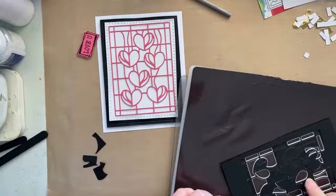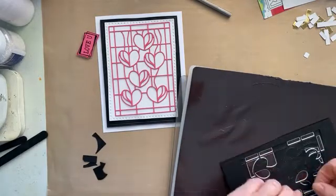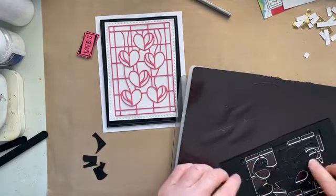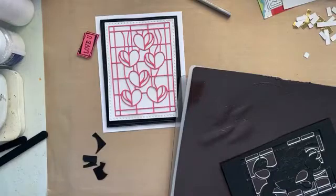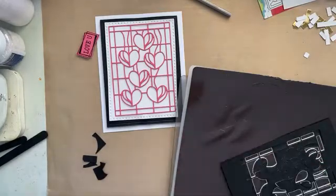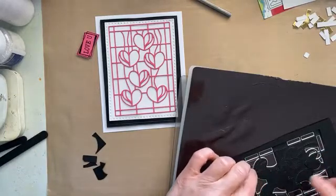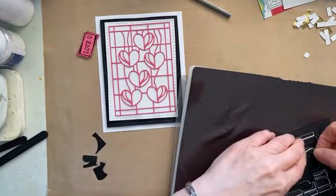Does that go in there? Nope. It must do. Get away. I only need the heart bits, that's all I need. In fact, I don't think it's cut through that. We'll find out in a minute. That's the top one. There. And then we've got another one here. And then I've got a little bit missing there that I need. I don't think I need the rest. Right, so